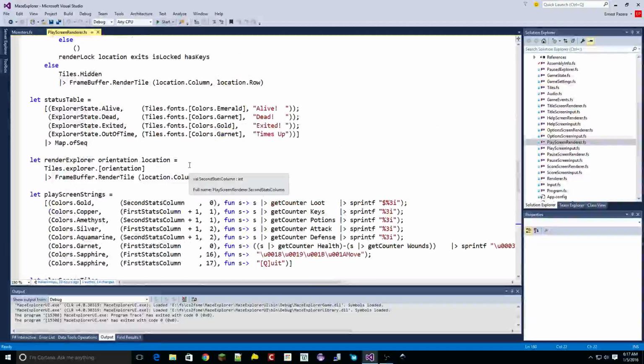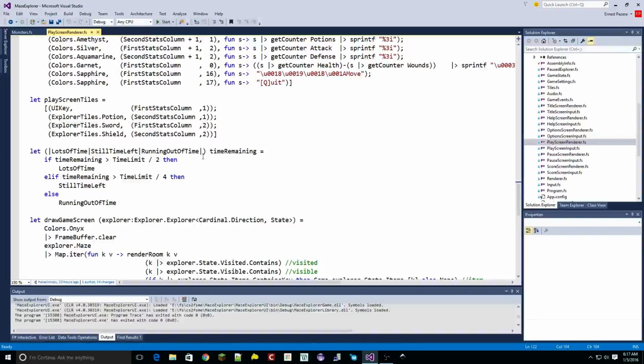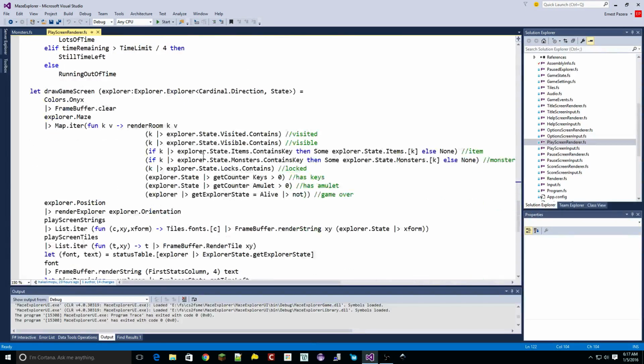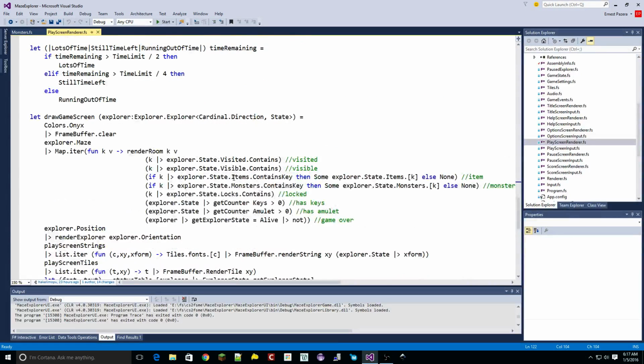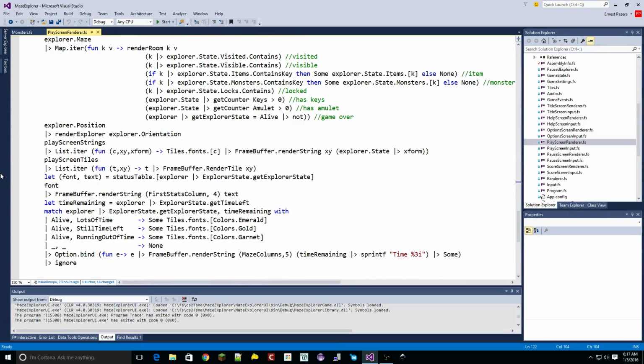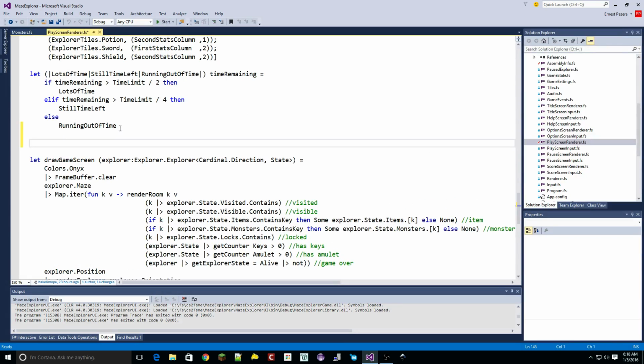We could do that, but there's a lot of, alright, if there's a monster, then get this, otherwise get the other thing, so on and so forth. And I don't want to do that. So what I want to do is I want one called, we'll call it draw monster stats, and we need a